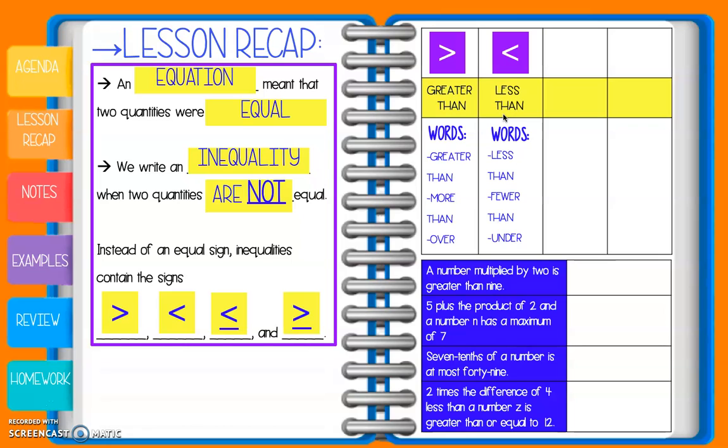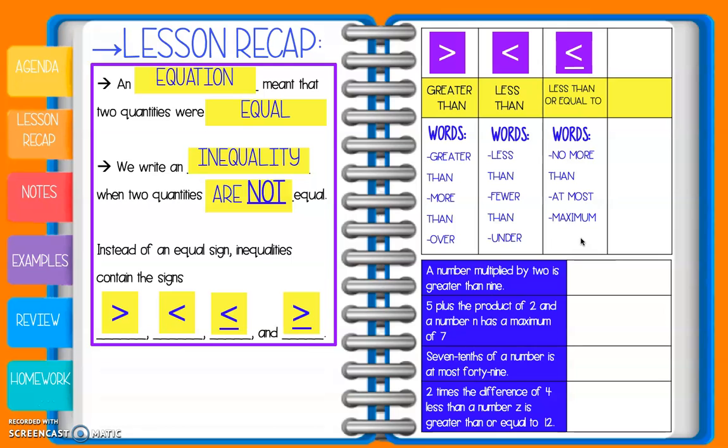All right, so new symbols that you might not have seen before. This one is less than or equal to, and we know it's less than or equal to because it's the less than symbol kind of smushed together with an equals symbol. We kind of put the two together. So that means words like less than or equal to, no more than, okay? I can fit no more than 5 people in my car. I can fit 5, I can fit 4, I can fit 3. No more than means less than or equal to. Same with at most or maximum. If we said the cafeteria has a maximum of 300 people capacity,